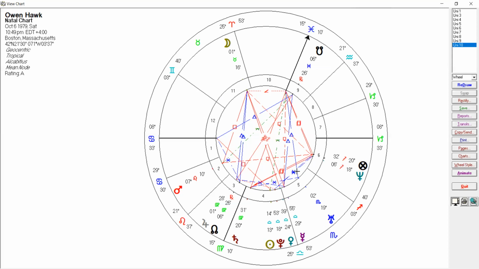I've had this chart for a little while. I contacted him to see if I could use the chart, and this is my first time working with it in any kind of public capacity. I remember I had some things I wondered about, and I'm going to contact him and see if he will confirm. One of them was whether this person had a really strong fantasy life. Neptune on the part of fortune, right? So the pursuit of fantasy was something major, and obviously it is, because his studio is called